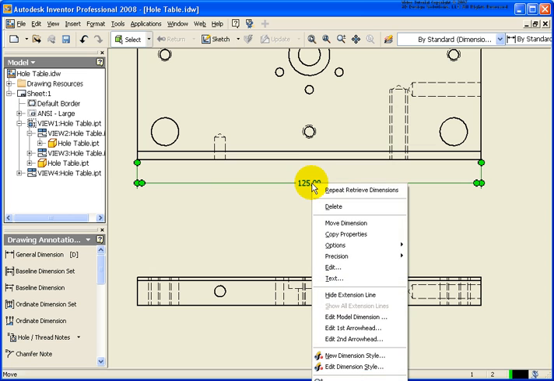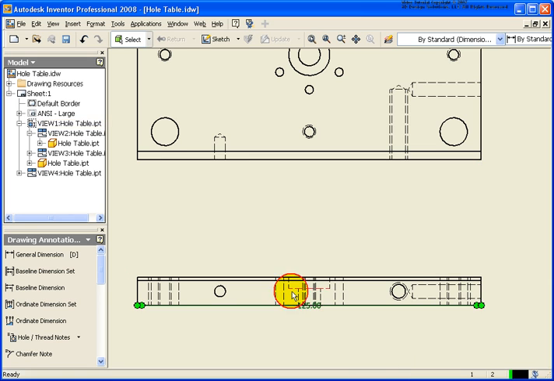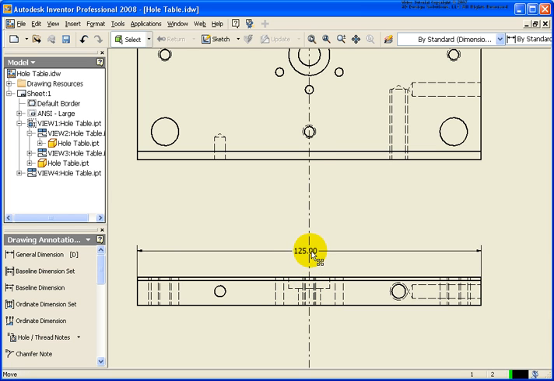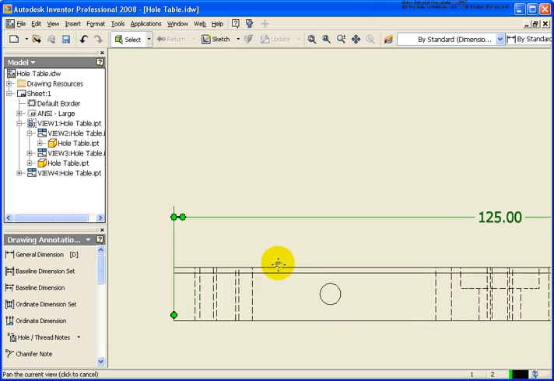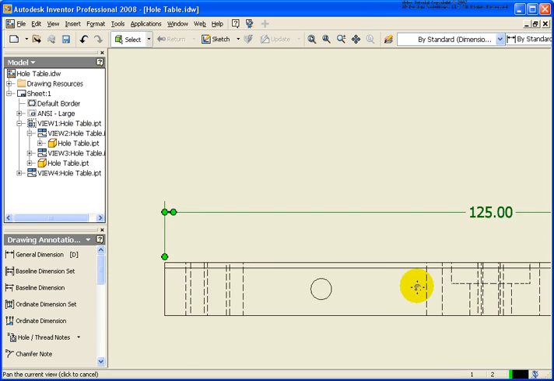So in this case, I'm going to do the exact same thing, move my cursor over, then select Move Dimension from the menu. And then go back and I'm just going to pick a point in the view that I want it to go to. And same exact scenario. In this case, I'll recenter it. And you notice the grip points again. I'm going to go back and reposition them